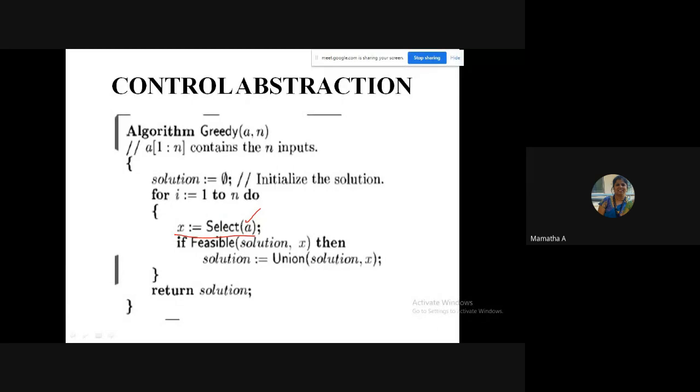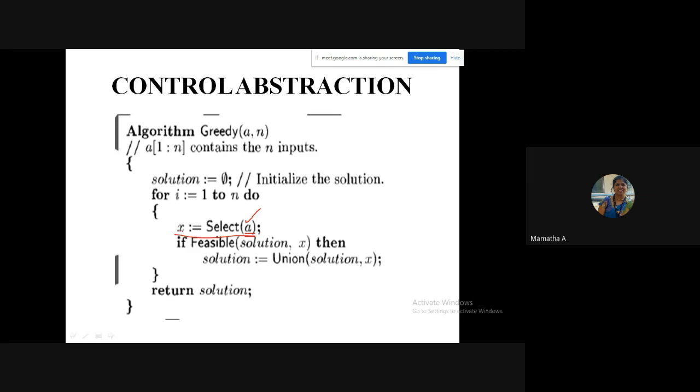So based on some selection procedure, I will select one input from A. Suppose you have 10 items. Wherever the fifth item is rice, suddenly you go to a rice counter. So you will select rice. Though rice is your sixth item, you will select rice first because you went to that counter first, isn't it? So select is a function that selects one input from A and stores it in X.